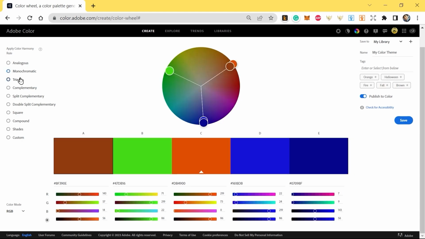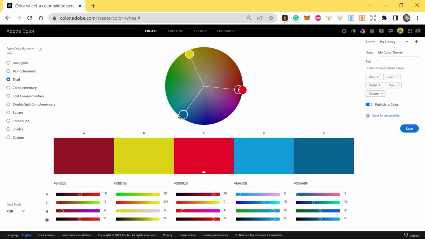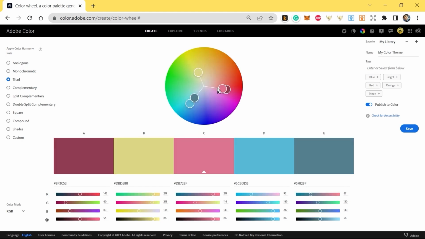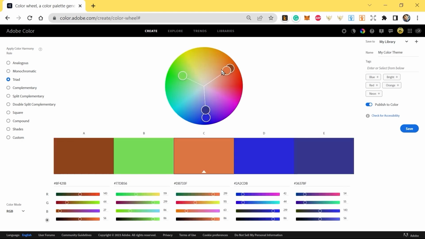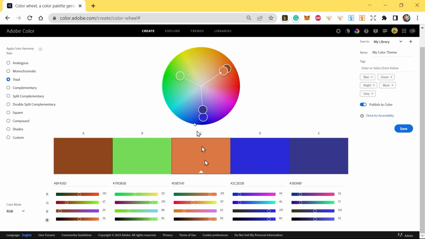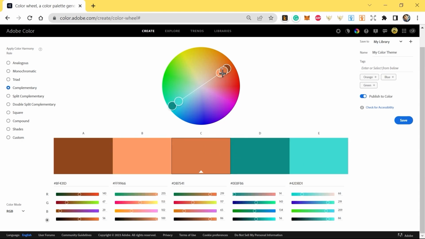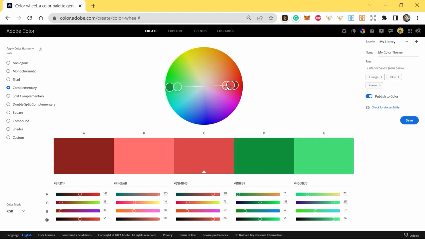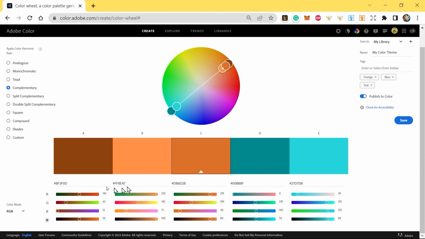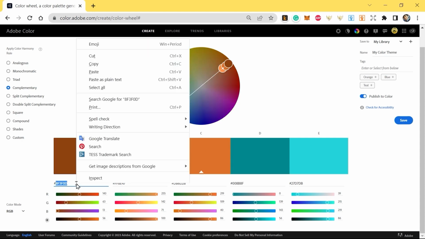And if you select triad, the 3 colors, so this is the color wheel, and you can choose a different color here, and you can get this color palette. What does it mean? It means that if you use these colors in a design, then it will look better. So if I select this complementary, I get this. So here, suppose I like this one. So here I can just copy this easily